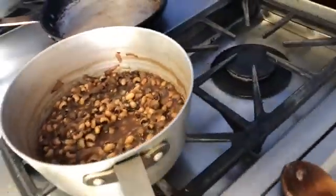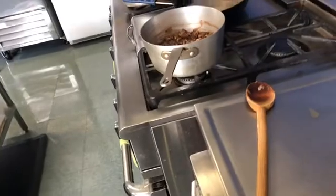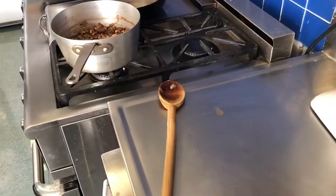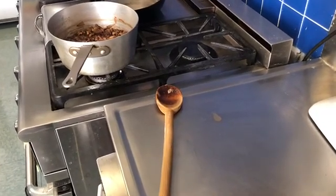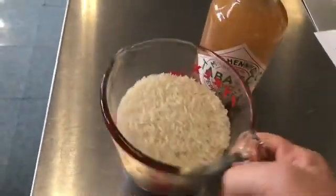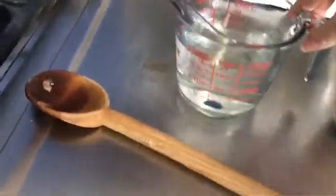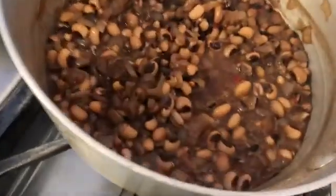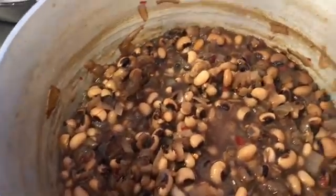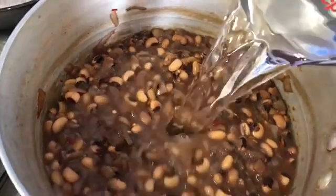You need to cook the rice. Rice needs double the amount of water to rice. We have 1 cup of rice, which means we need double, 2 cups of water. Now, it looks like there is some water in here, but truly not enough to cook all that rice. So I'm going to add another 2 cups